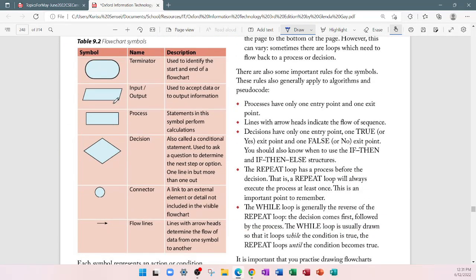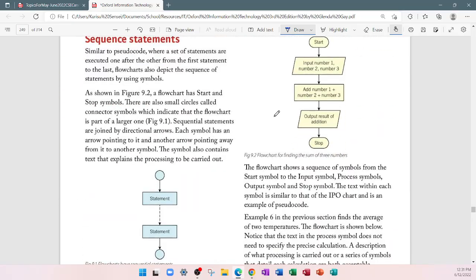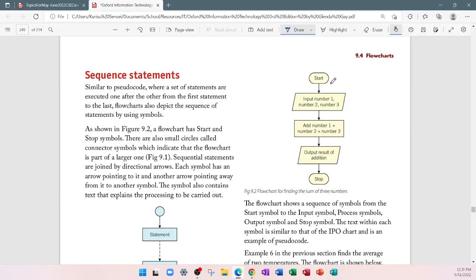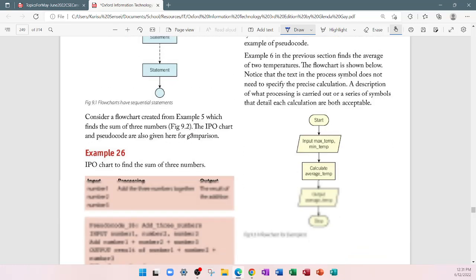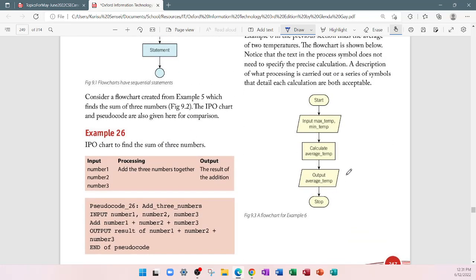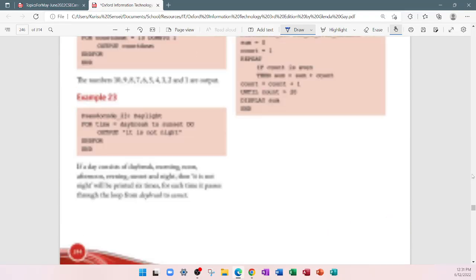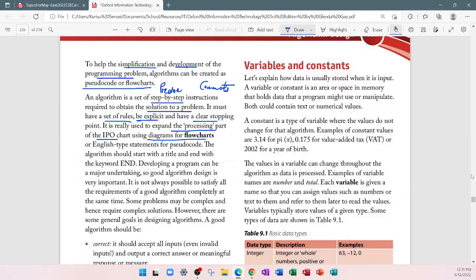So as you can see here, these are the shapes and diagrams that the flow chart would make use of. And as you see here, it uses these shapes to show the flow from the starting point to the ending point of that solution. Whereas the